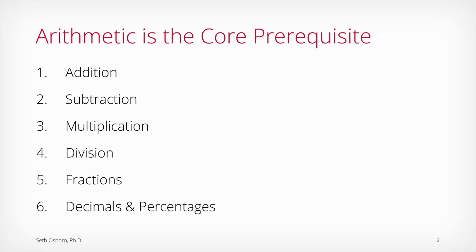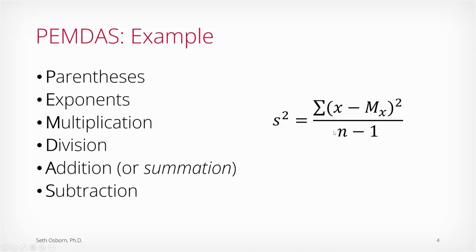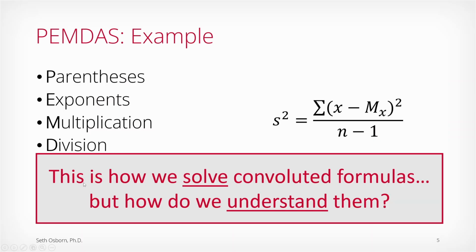arithmetic is really the core prerequisite you need: addition, subtraction, multiplication, division. What is actually tricky in statistics is just the ways that we combine these basic operations. It's sometimes confusing to think of how to break this down. And the answer to that is simply the order of operations, which I reviewed in the second video. Okay, this is it. And this gives us the way to solve convoluted formulas, but how do we actually understand